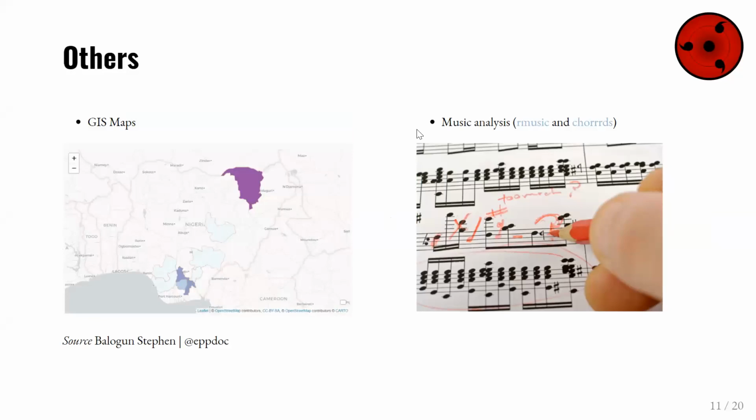And in recent times, what we see R is rapidly venturing into a whole lot of other fields. Now people use R for analysis of music. And when you have the time, check out these two links. They are the links to two R packages that I use for musical analysis, and they really look beautiful. I was just amazed the first time I found this app. Really, we've now started using R for music analysis too. And the people who are into music and the rest of them in the house probably will be as